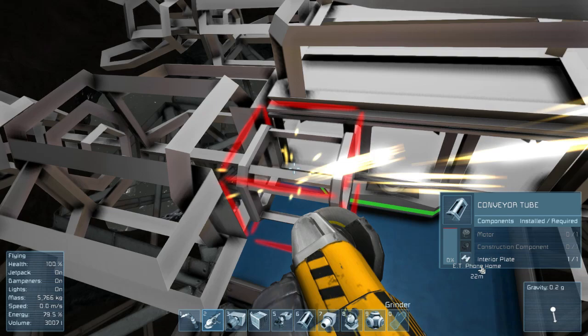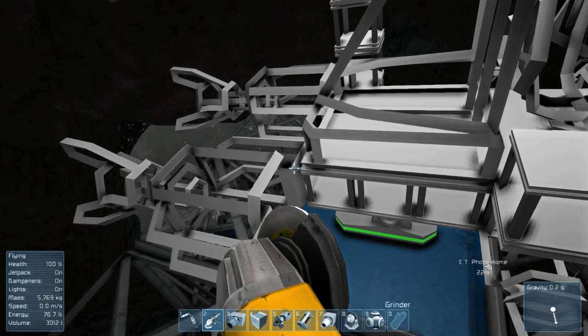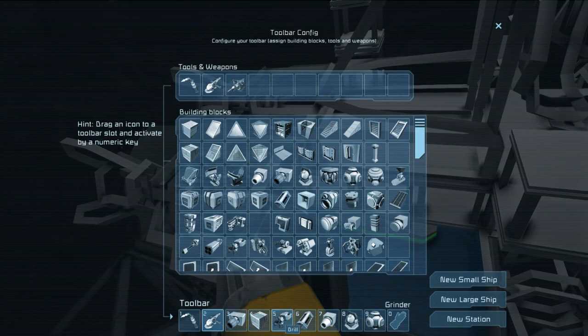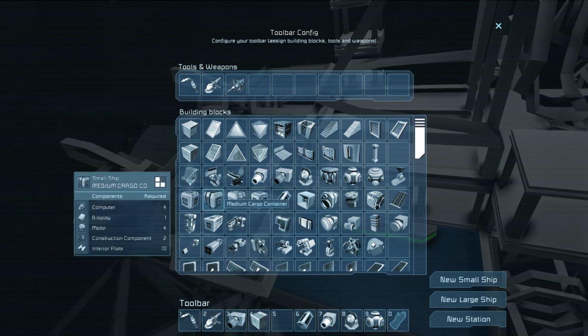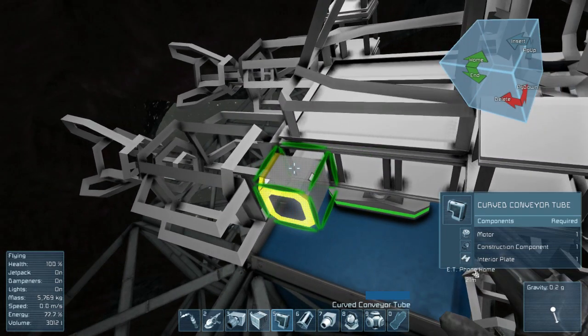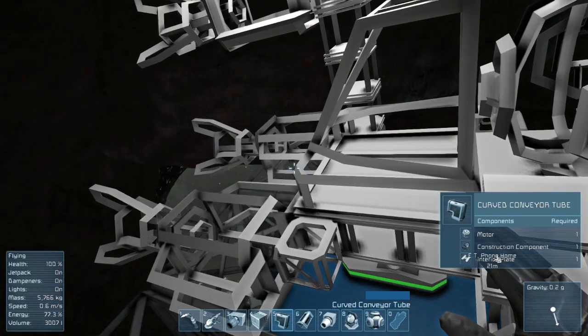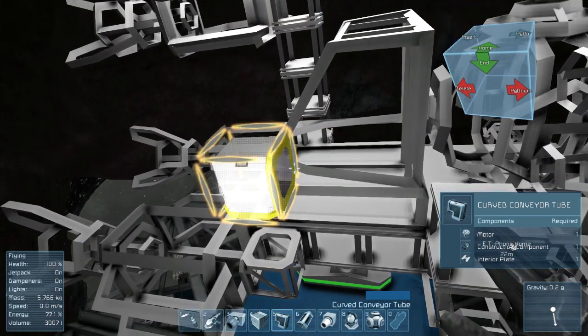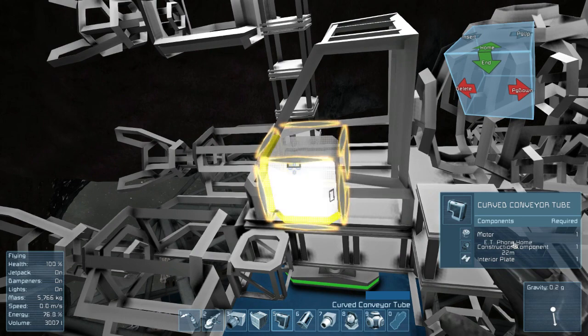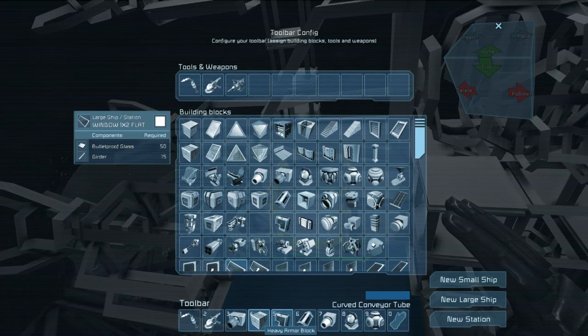Let's see, we wanted to make this go up. Where are you? Do I have the bendy one? No, I don't. Don't need that right now. Bendy one going up. Then another bendy one would be, say, here. Which I can't put. Then we would need...